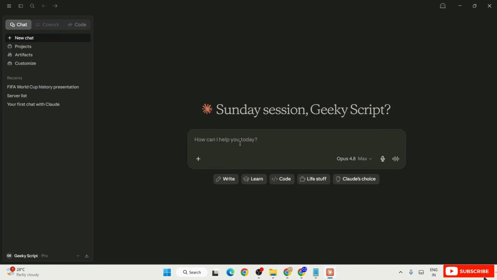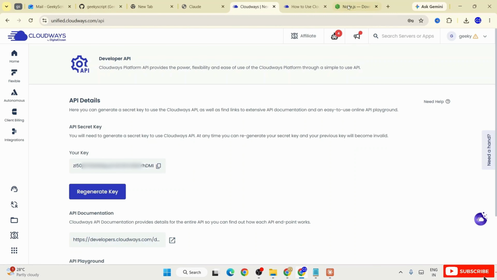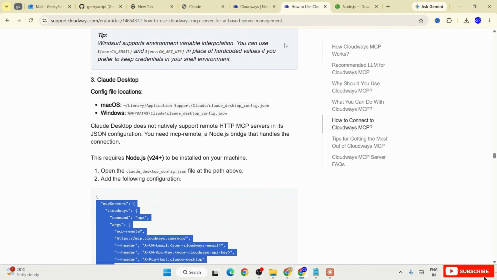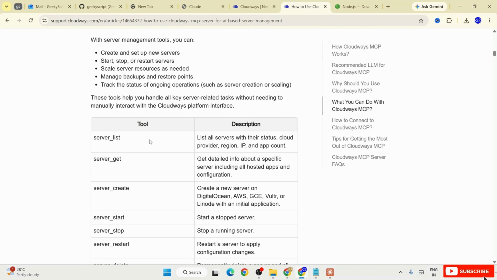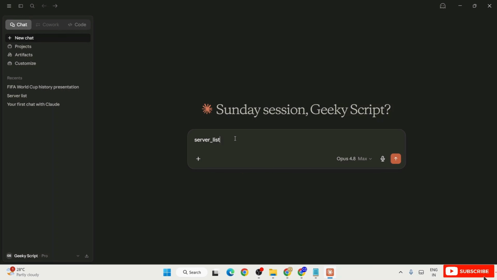Now let's verify it. You can go to the documentation that Cloudways has already provided, and you can see that we can directly manage our Cloudways server from Claude itself. So let's first fetch all the servers that we have created. Let's put this prompt called server_list,